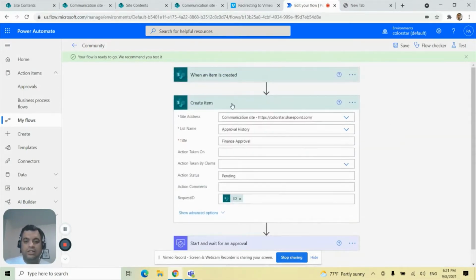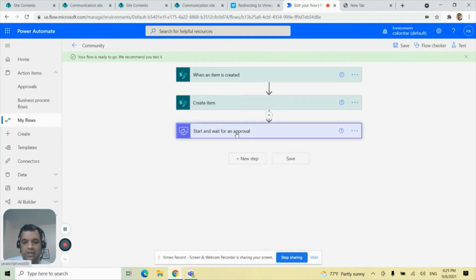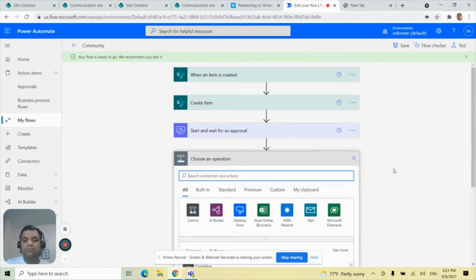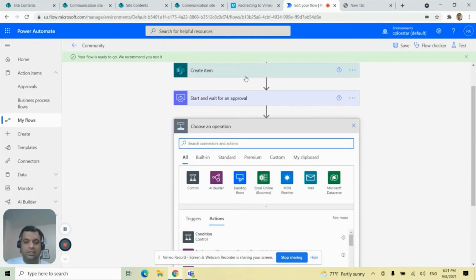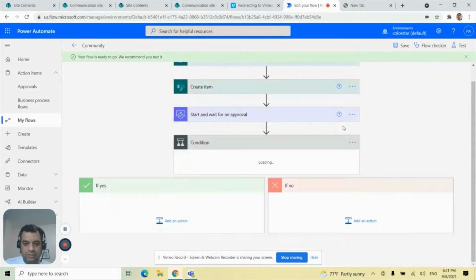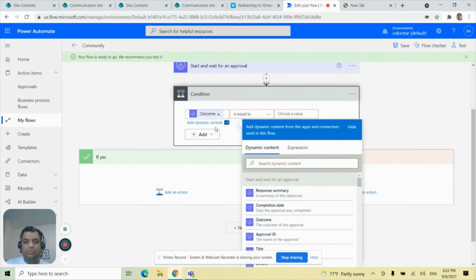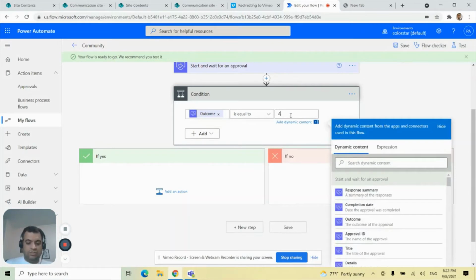Okay, so at this point, I have created an entry in our approval history list, which will show that an approval is pending. Then comes our approval task. Now, after an approver has taken an action, we have to update the history item that we have created here. So let's use a condition, and within the condition, let's check the outcome of an approval. So if outcome is equal to approve, then